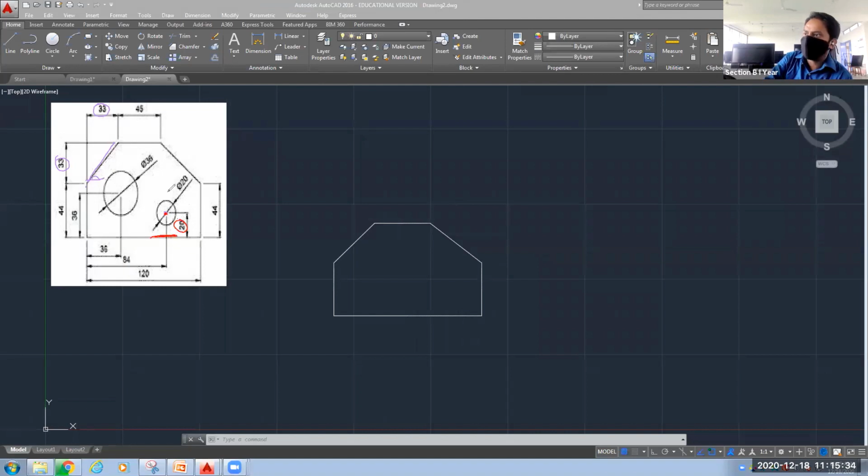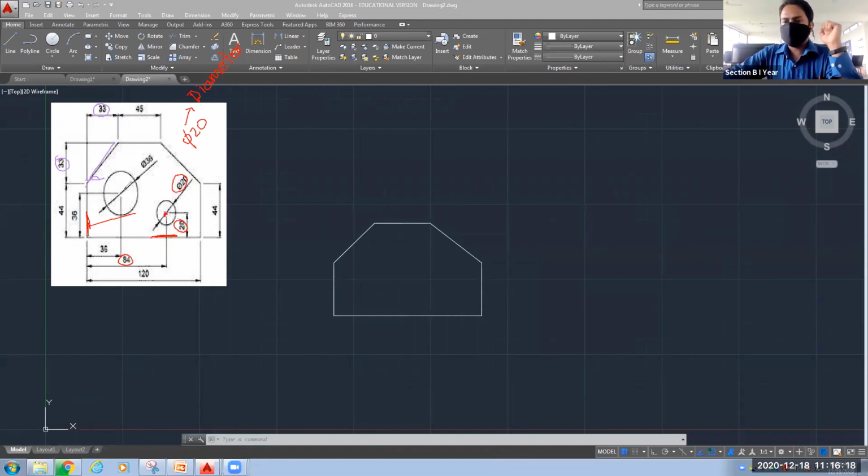And for the representation of diameter, you can see here it is written phi 20. Always remember, phi represents your diameter. So the diameter of this circle is 20, and it is 20 units above your baseline. And this point is 84 units from this vertical line. So accordingly, we will move ahead.